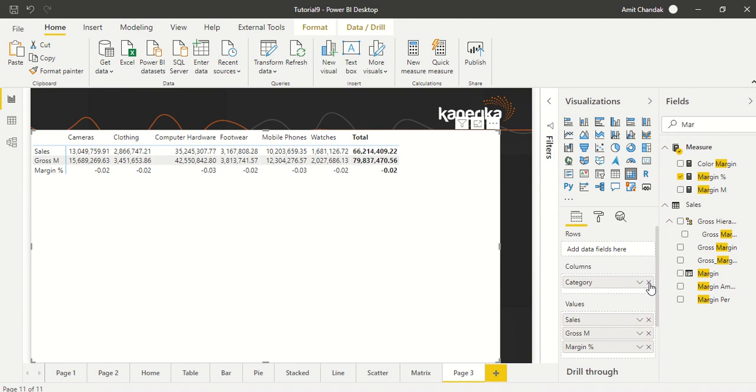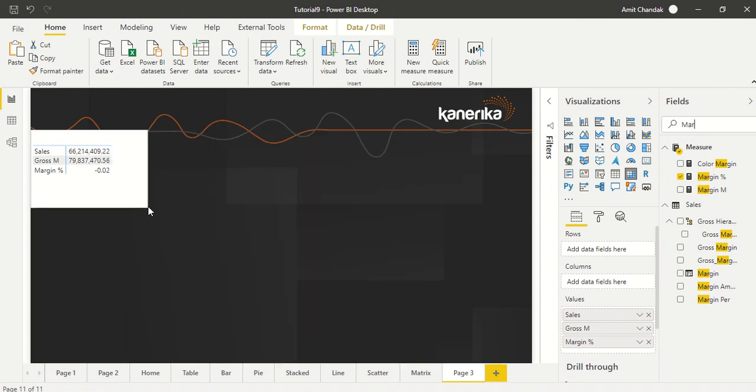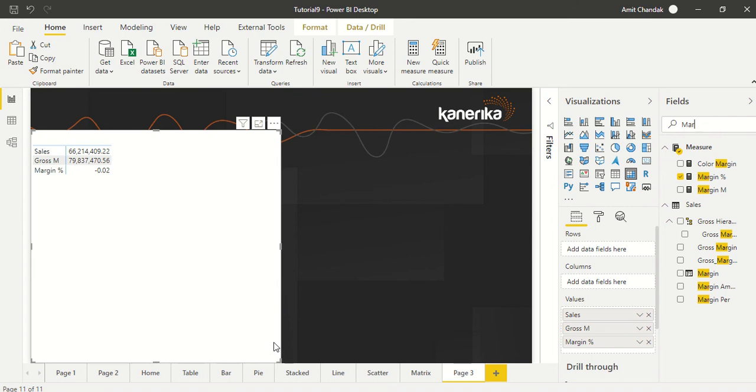We even remove category out here, and now let's reduce the space. You can increase the font and make it look like a KPI table. You can increase the font, write some label out here, and all those things you can do, and on that it will become a kind of KPI table. So these are various things which you can do with matrix.